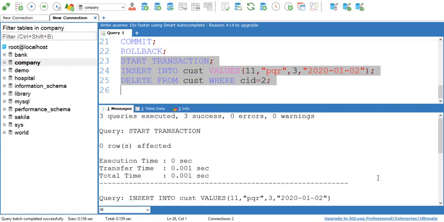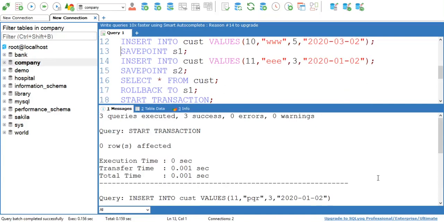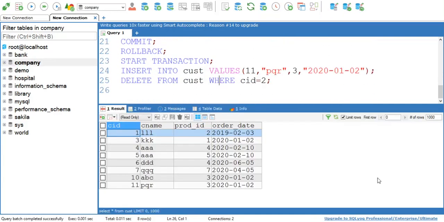So 3 queries are executed. Now let's verify the result here. See, in the second transaction I have inserted a value for customer ID 11, so the row is inserted, and I have deleted data for customer ID 2, so customer ID 2 is deleted from the table.